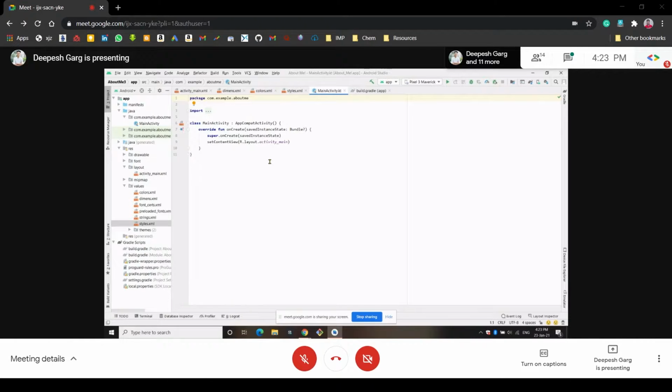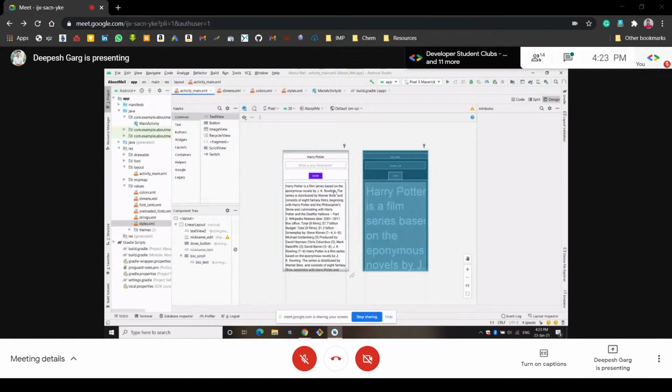So let us start. So first of all, what we want is that whatever text is written here, it should be passed to, like, we created one hidden text view, right? A text view is hidden below this edit text view.